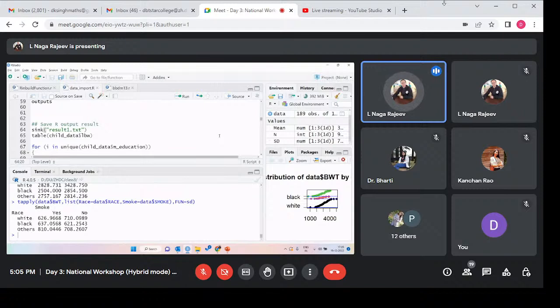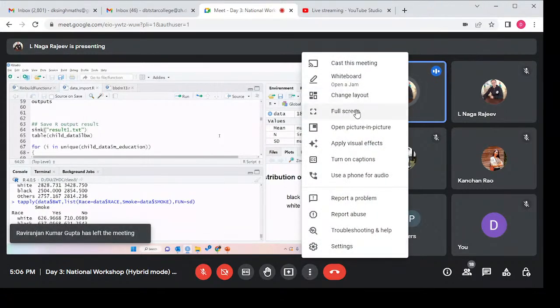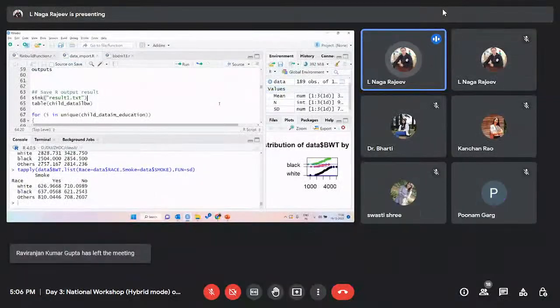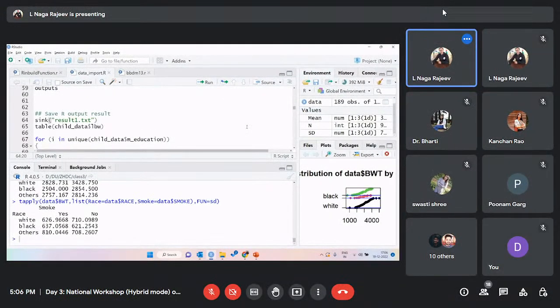Sink, actually, we use it because if you need to export the results in the form of txt files or flat files, in that situation we use the sink command. For the sink we will,